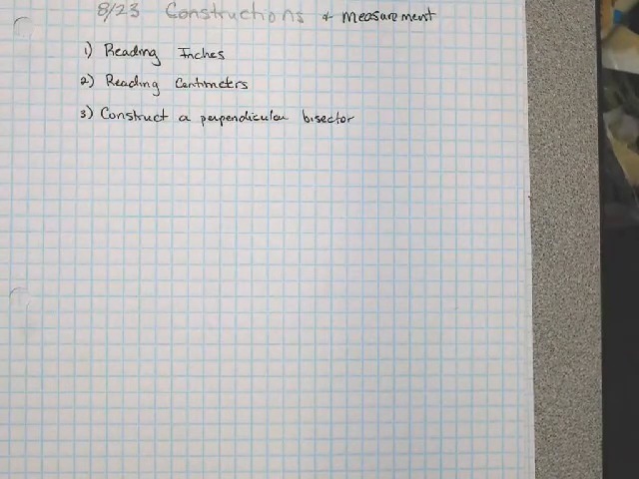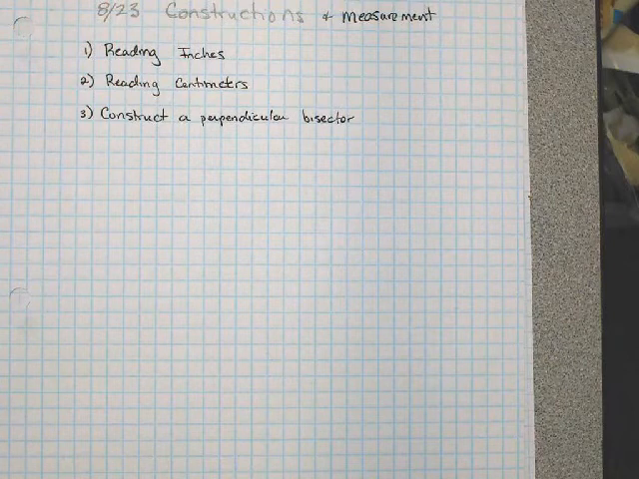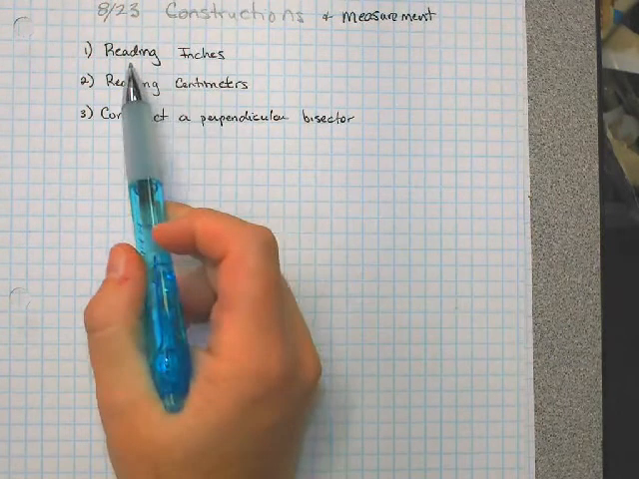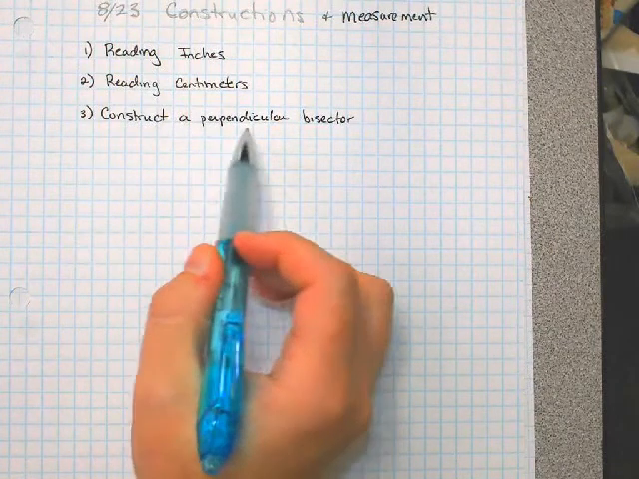Hello everyone, this is the video homework for the evening of 8:23 and 8:24. We're going to be talking about doing constructions using your ruler as a compass and measurement. We're going to be talking specifically about reading in inches, reading in centimeters, and then how to construct a perpendicular